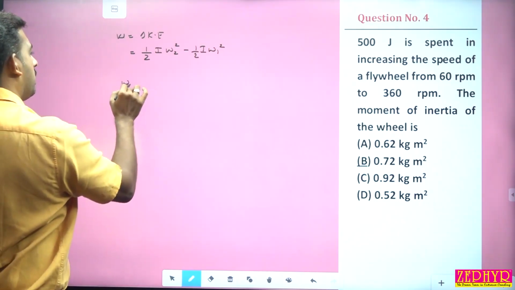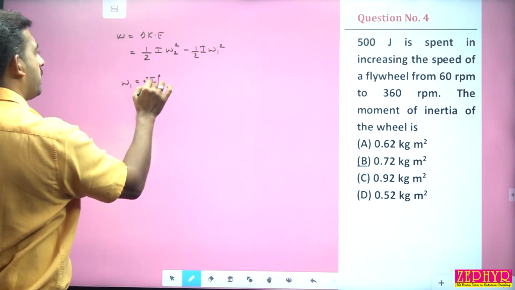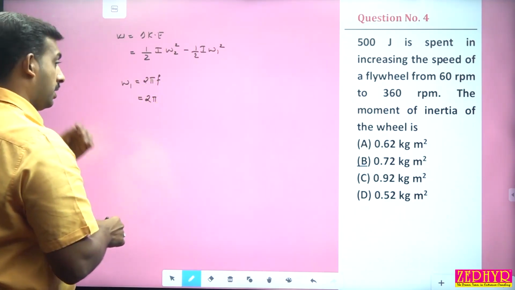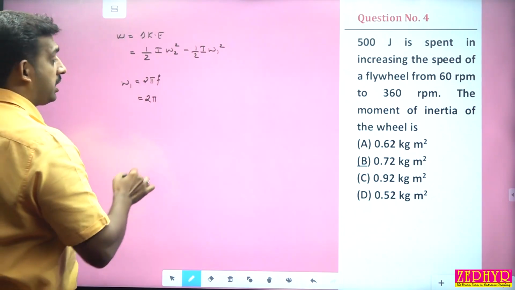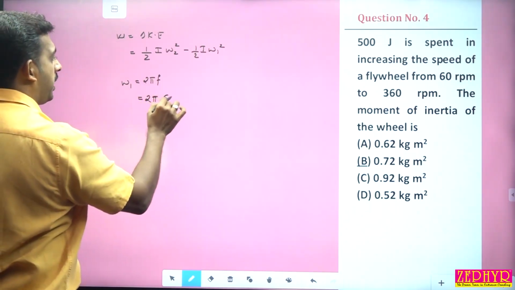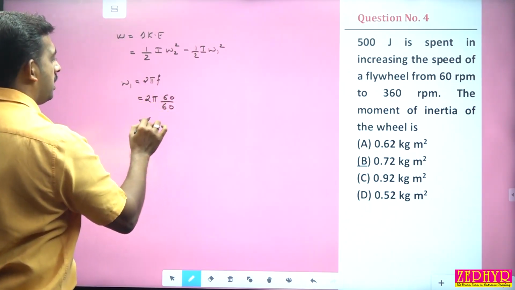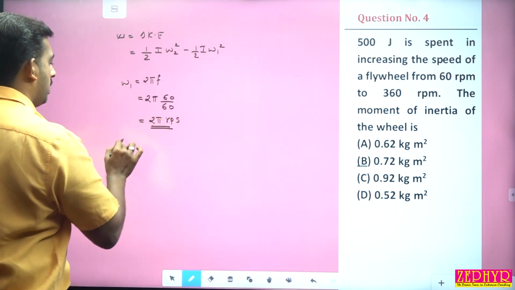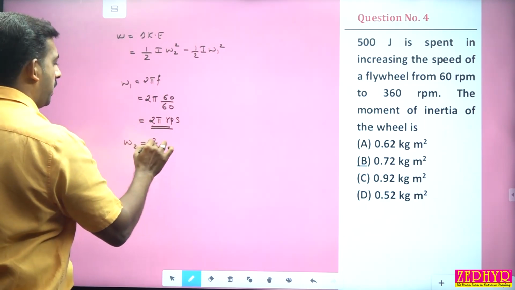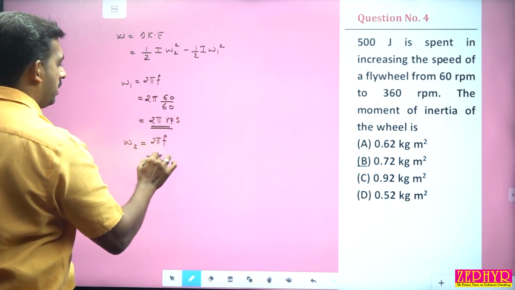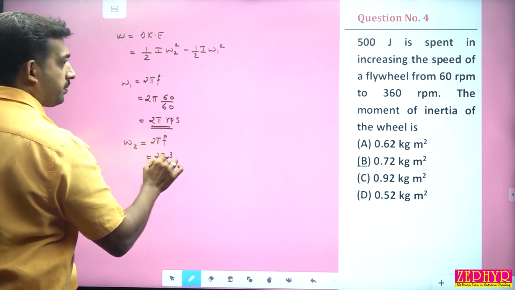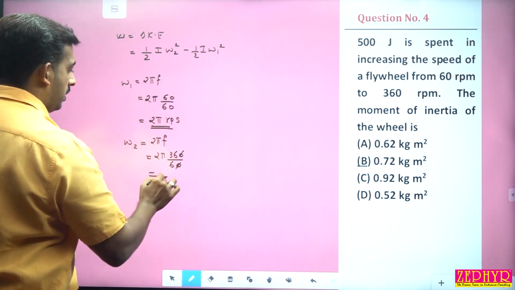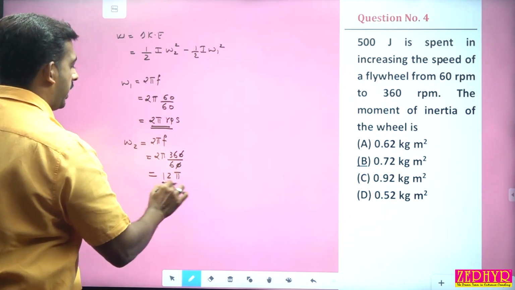So what is omega 1? Omega 1 is 2 pi into frequency. What is frequency? Frequency is 60 rotations per minute initially. So 60 by 60 rotation per second. So 2 pi radian per second is omega 1. So what is omega 2? 2 pi into frequency, 2 pi into 360 by 60, that is equal to 12 pi radian per second